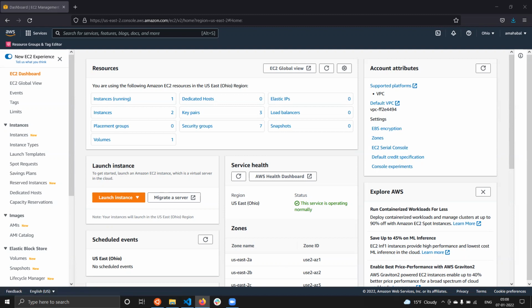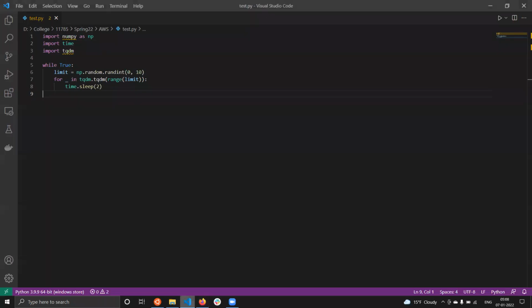Before we jump into connecting our VS Code to the EC2 instance, we'll have to carry out some steps on the PEM file. We'll have to change the permissions of the PEM file to be compatible with a remote SSH connection.